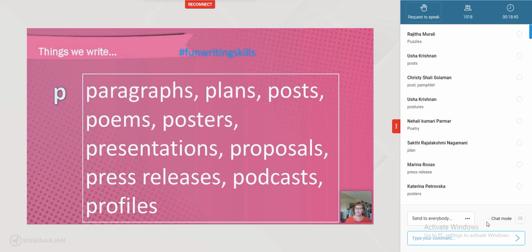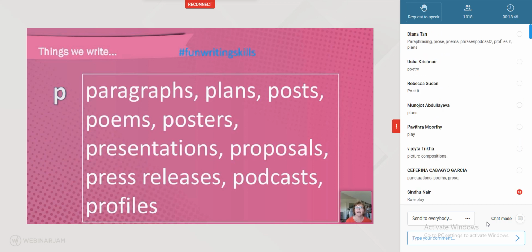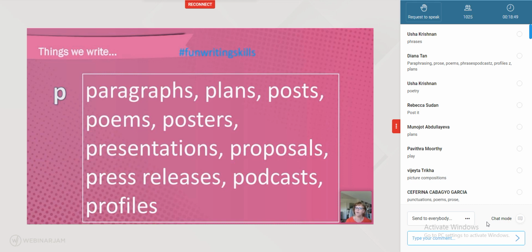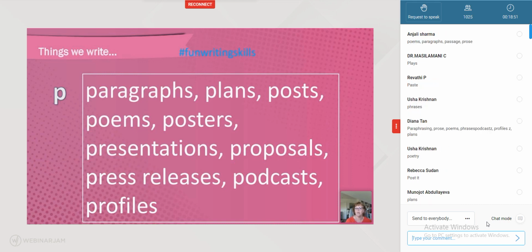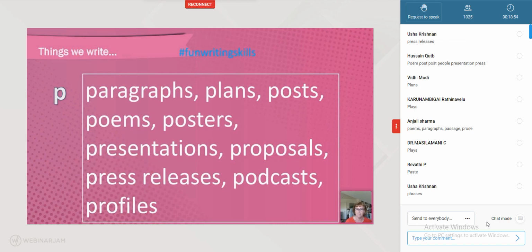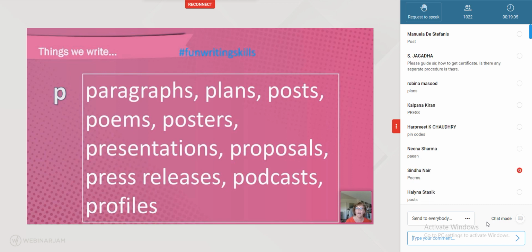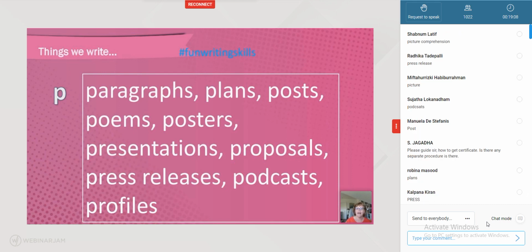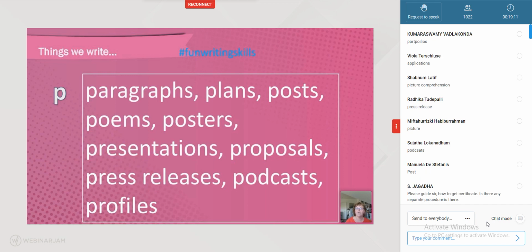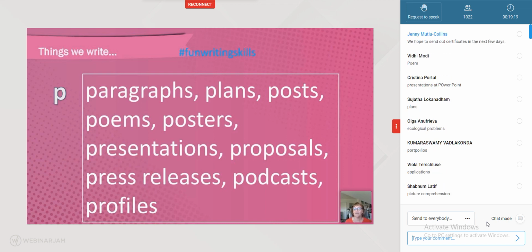Okay, so think about what your students write now, or what we can ask them to write, and think about what they might have to write in the future. Obviously, this could be electronically, or it could be by hand even. I gave you a clue, or some clues, because I gave you the 9 P's for you to write your ideas. And I also gave you the second word of press release. And I also gave you another clue, I don't know whether you noticed, but I'd separated out the lines